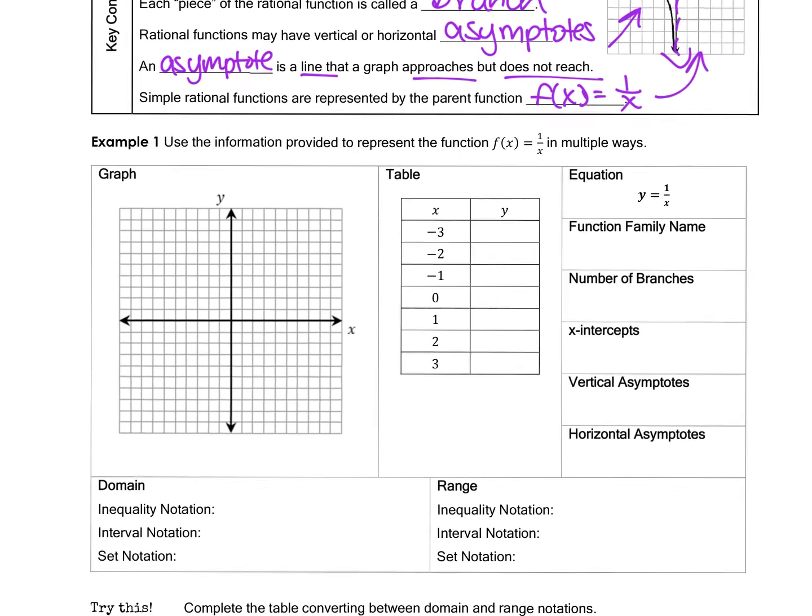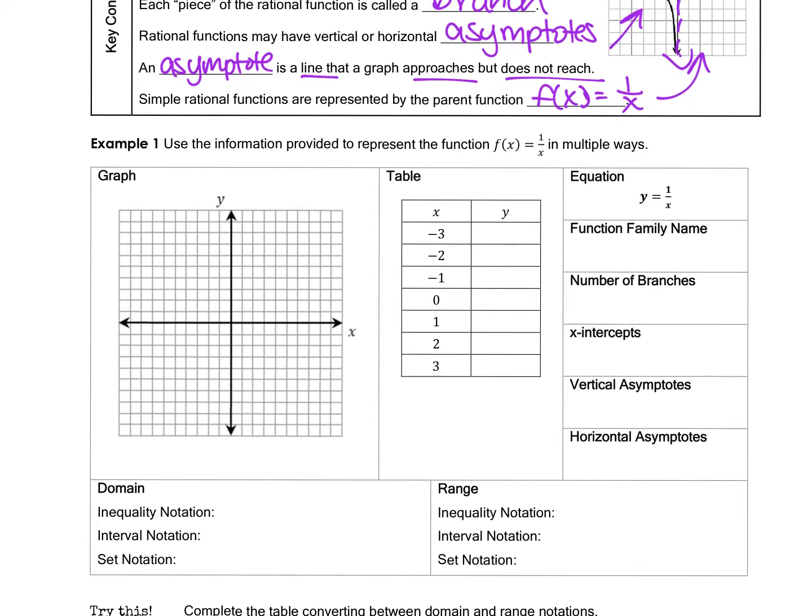If we look at example 1, we're going to use the information provided to represent the function f of x equals 1 over x in multiple ways. First I'm going to go to the table and plug in these values and see what we get. Plugging in -3 for x gives me -1/3. Plugging in -2 gives -1/2. Plugging in -1 gives -1. Plugging in 0, remember we said we can't divide by 0, so that one is undefined, which is not on the graph. Then plugging in 1, 1 divided by 1 is 1, 2 would be 1/2, 3 would be 1/3,